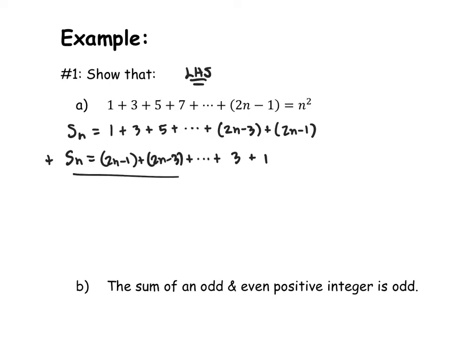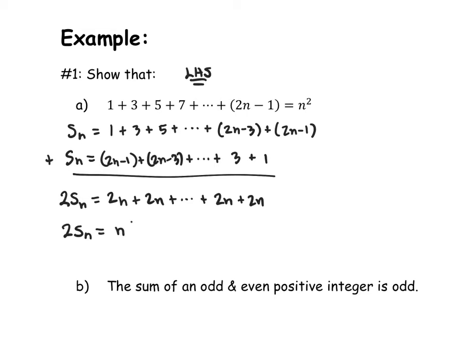We did this in the proof of the sum of the first n terms of an arithmetic series in order to show its general formula. But what I get here is 2 times the sum of the first n terms. And what you'll notice is as we add the first terms together, we get 2n. And the same thing as we add the second terms, all the way up to when we add the last two terms. And what's cool is that there are two n's. Therefore, 2 times the sum of the first n terms is equal to n 2n's,